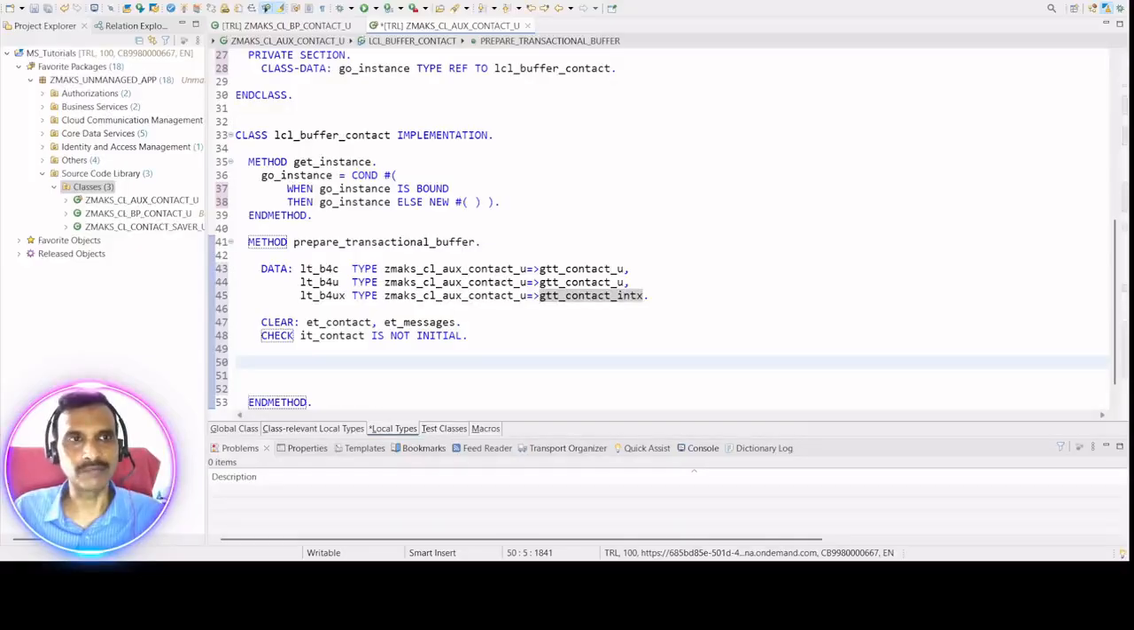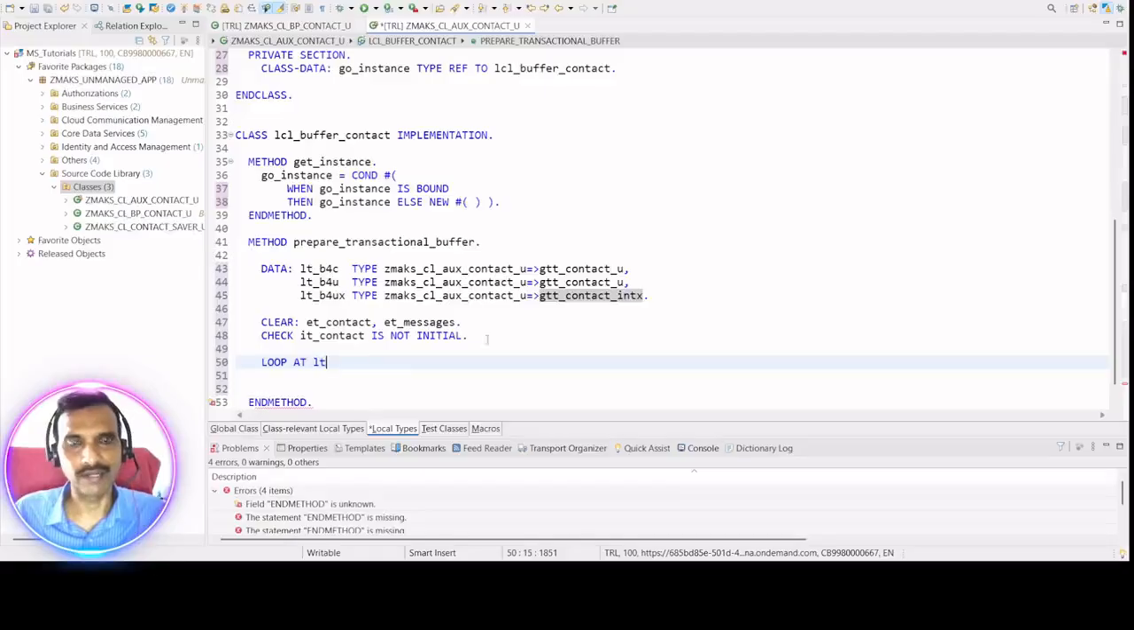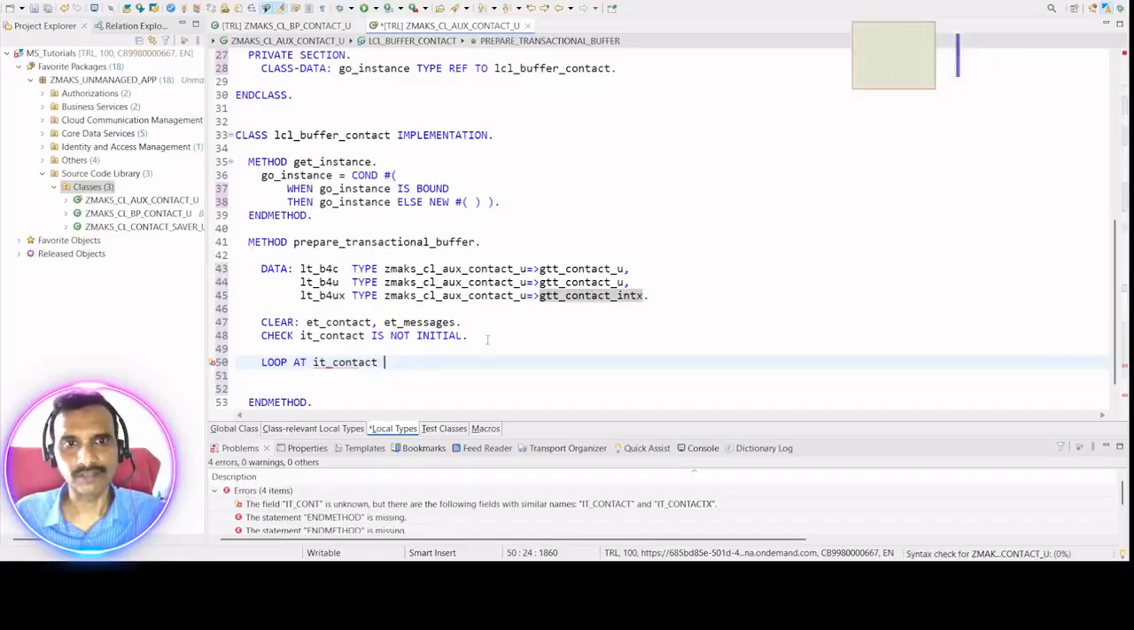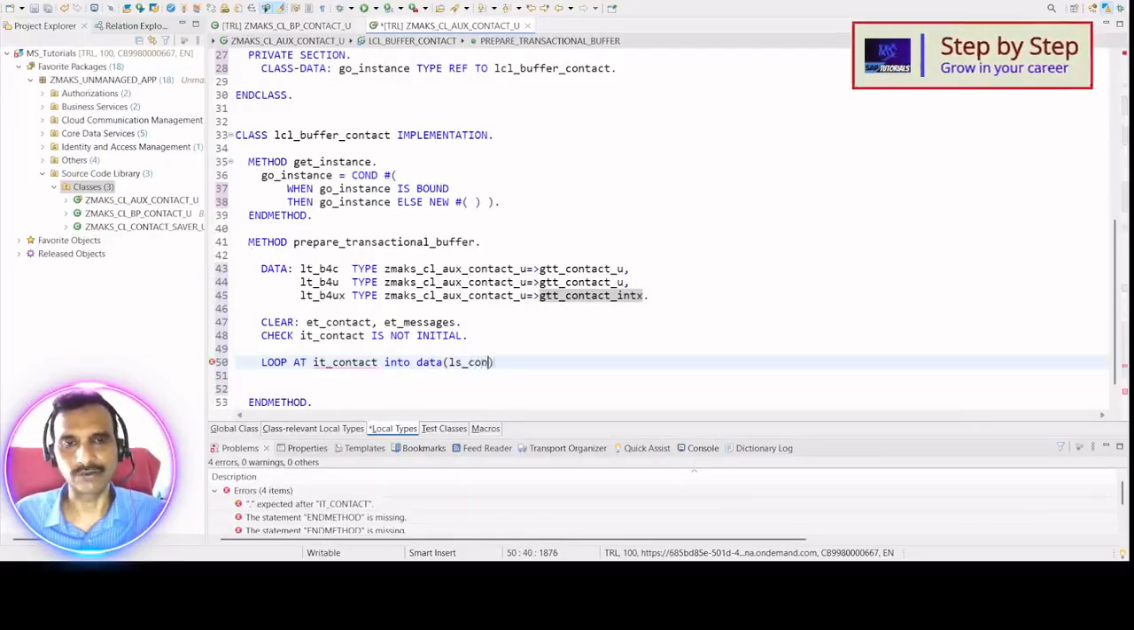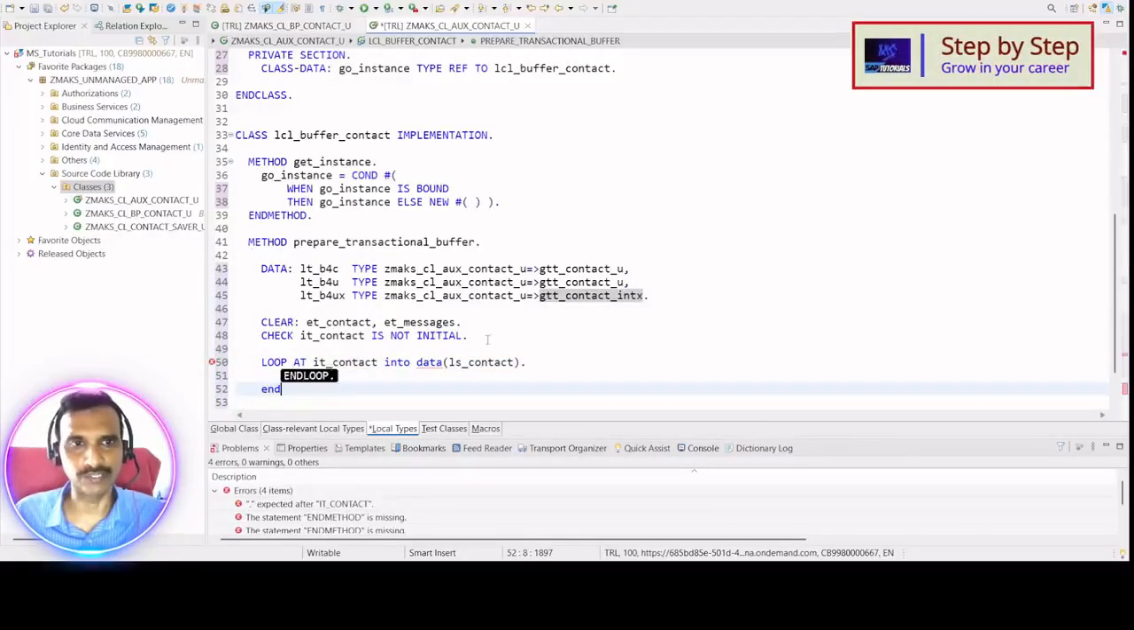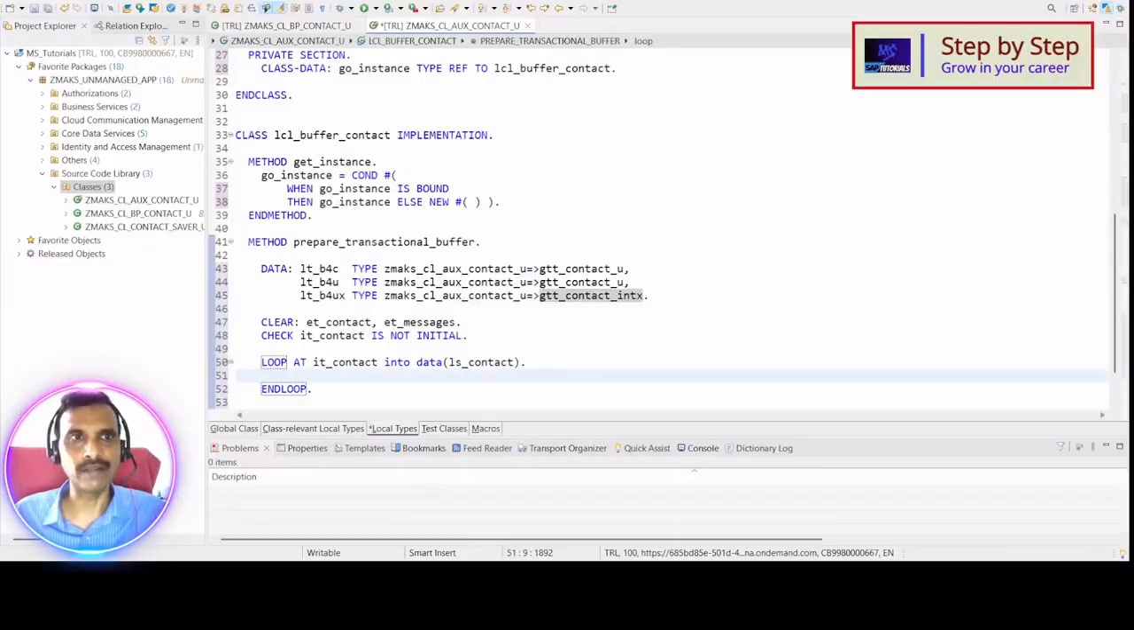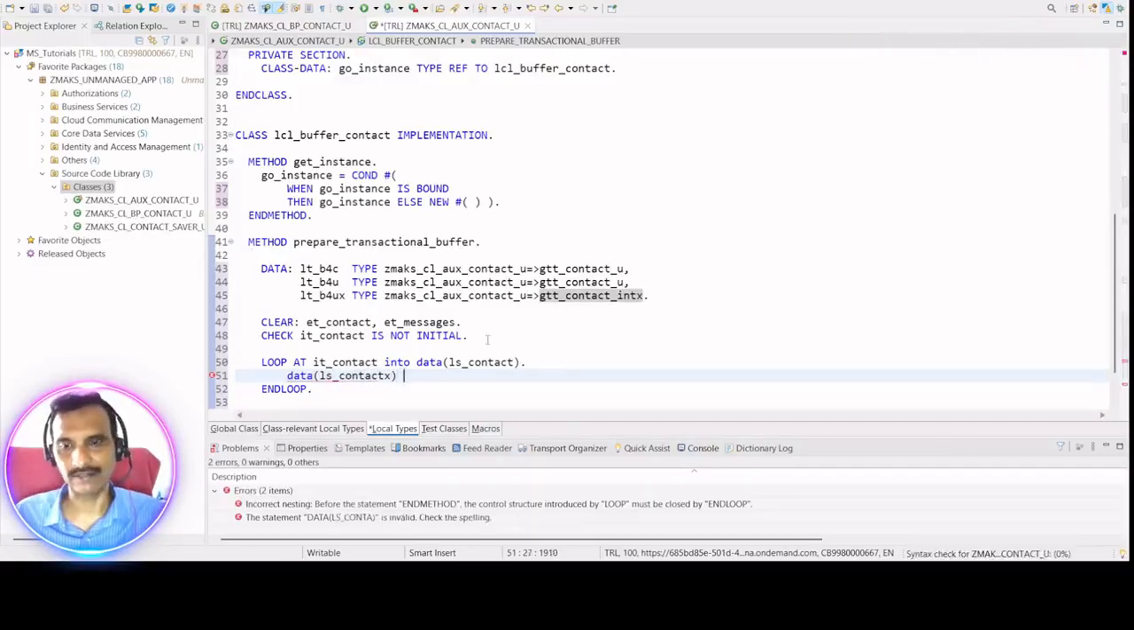No? So let me just check that. What I will do is loop at lt contact into data ls contact. I don't need to change it, so a field symbol is not needed. Okay, and then probably check whether for that particular contact id there is a control structure given to us or not. Contact x will be equal to value hash lt contact,